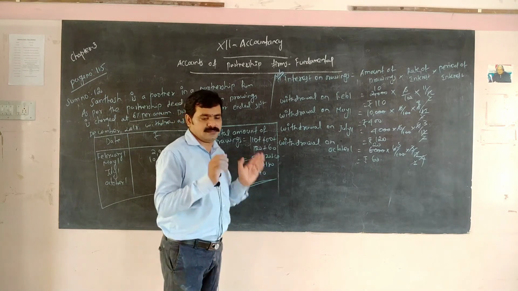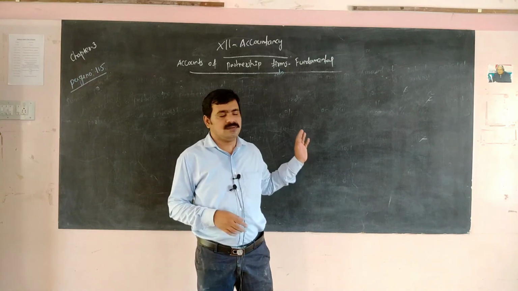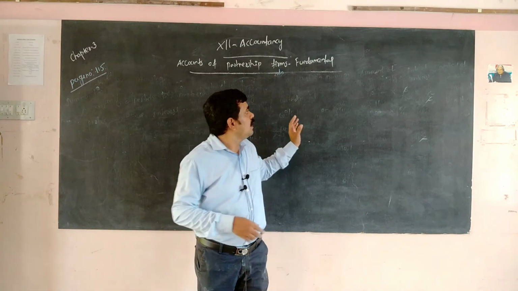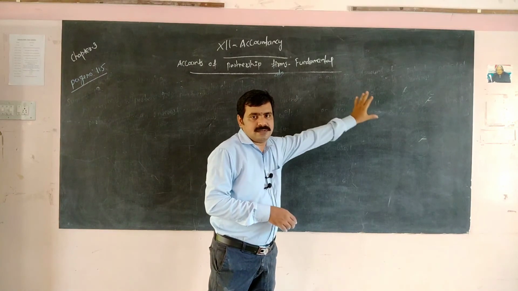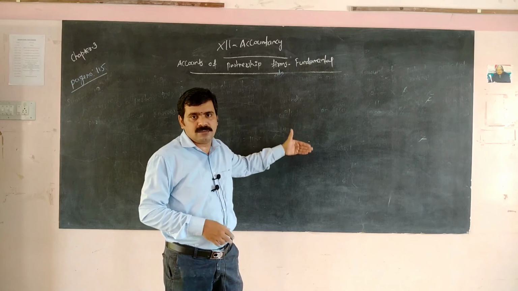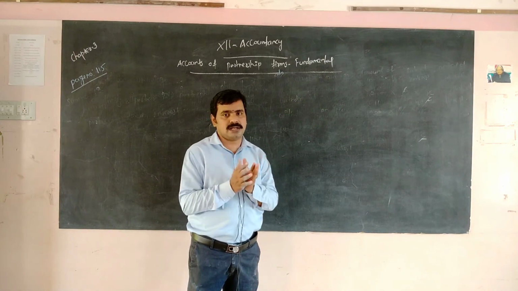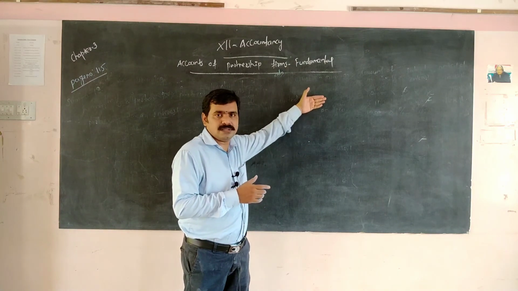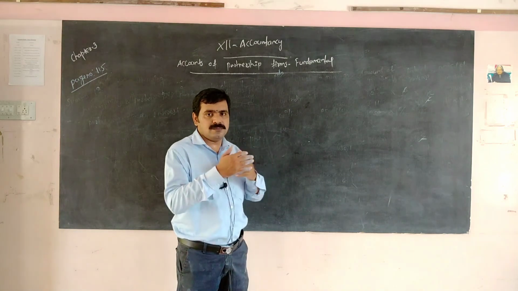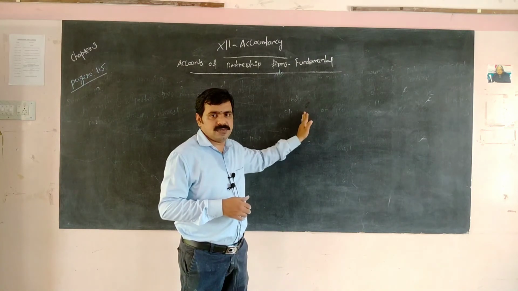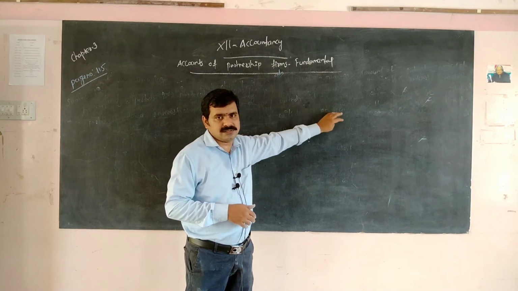The amount is 690. I hope you have understood these two problems. So the topic is interest on drawing. We calculate by this method: the formula is total amount of drawing into rate of interest into period. For the withdrawal amount, you have to take the starting month and ending month, and calculate how many months. For example, July means July to December, October to December. This is the calculation up to December.